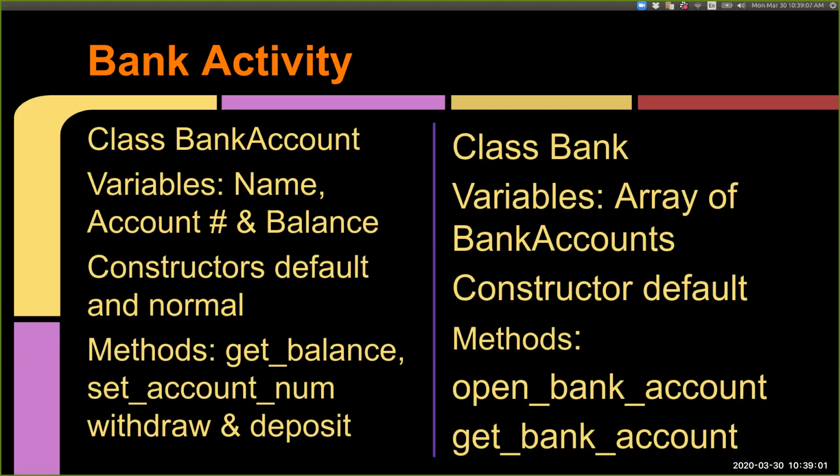We haven't been shown that. So we'll just make a bank that holds some humble amount of accounts, and that there's a default constructor for that bank. So it essentially just sets the number of open accounts to 0,